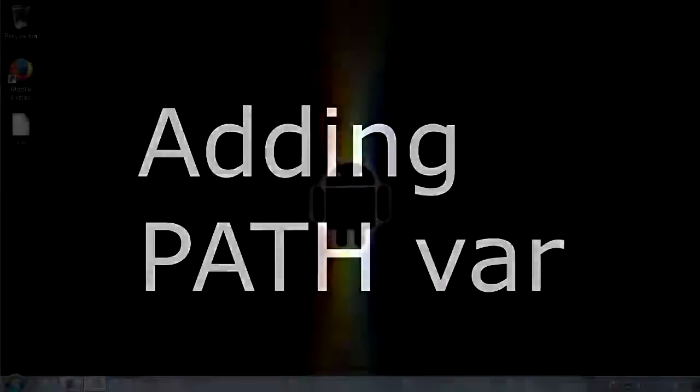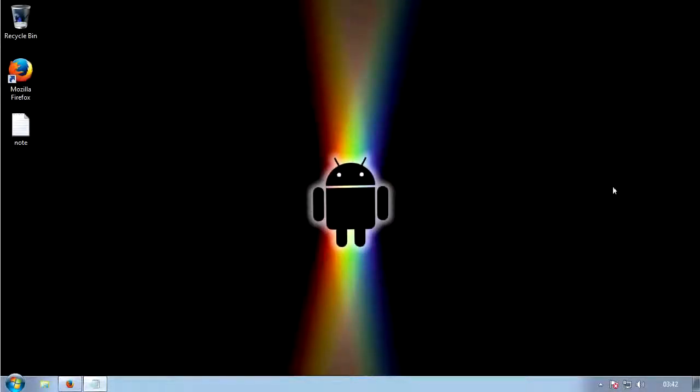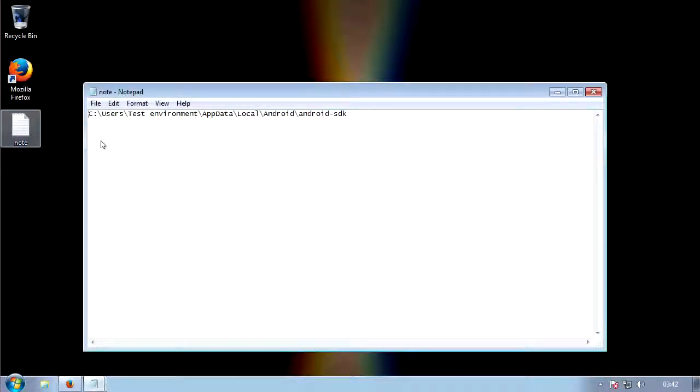The next step will be to add the path variable. Remember that note we made earlier? What we need to do now is open that. Excuse the mouse lag, not sure what's going on there. But once you've got the path variable open, you want to add a backslash and type platform-tools. Just like that. Once you've done that, I want you to copy the entire string, so everything there basically,